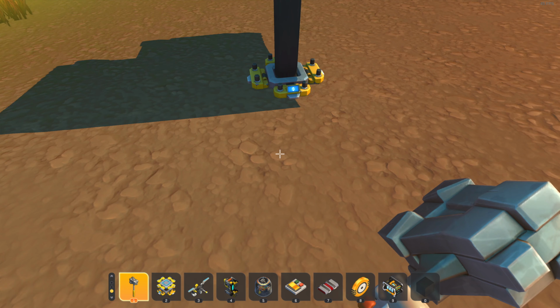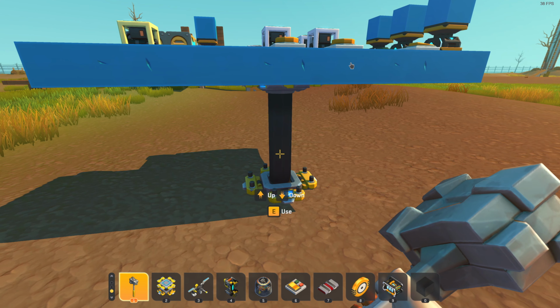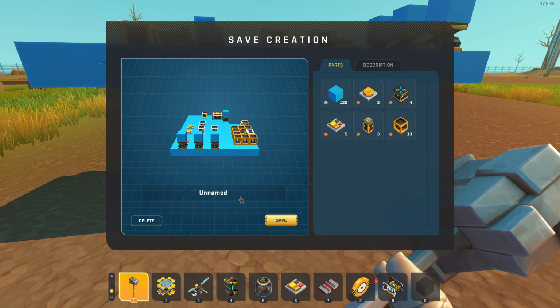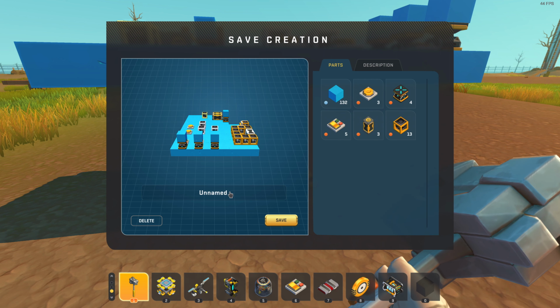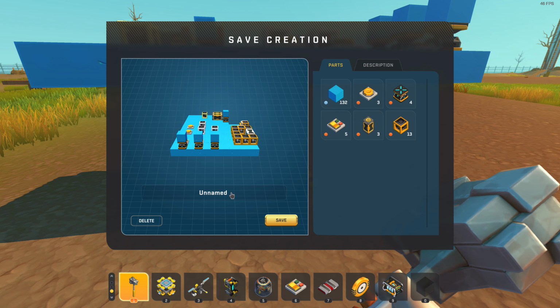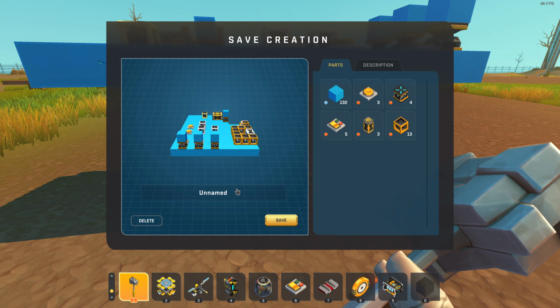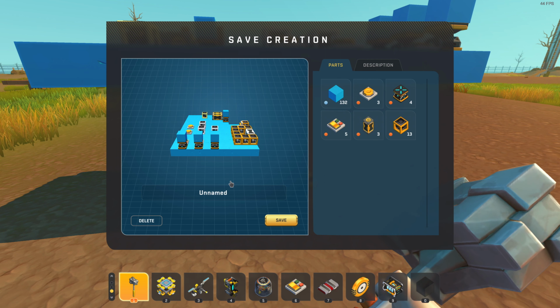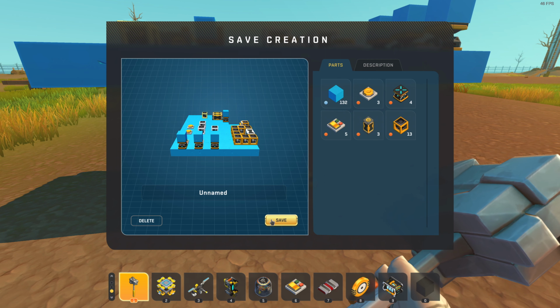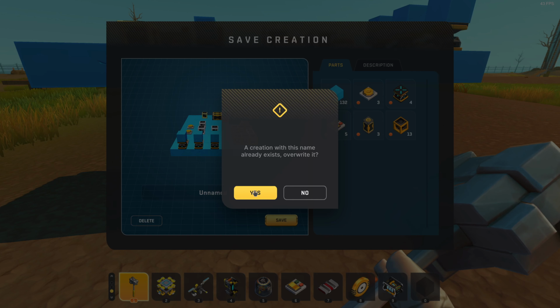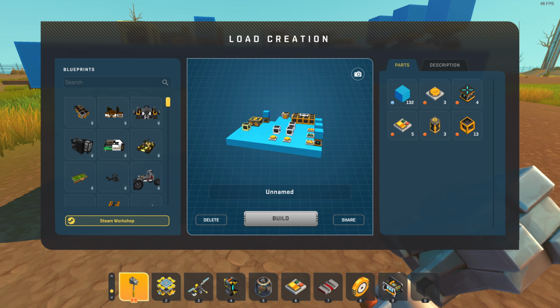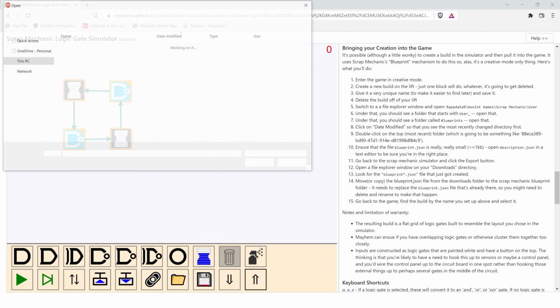So what we want to do is get a build on the left and save it. Now it's important that you not save over anything you might not want to be prepared to lose. Just give it a new name, or save it to the default unnamed or something like that. So there we go. Okay, so now we'll go back into the simulator, and we're going to go and press